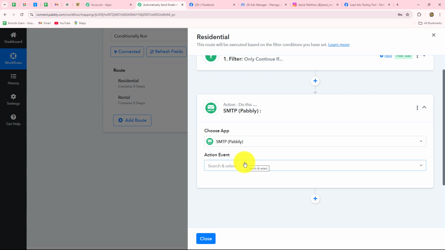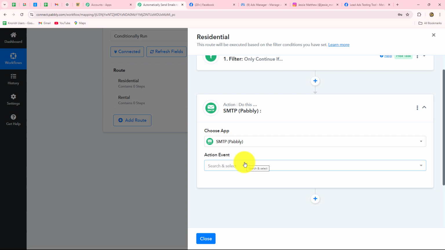Now, what is SMTP? SMTP is an amazing feature of Pabbly that is a service that allows you to send emails using simple mail transfer protocol. It acts as an email delivery platform that helps you to send emails reliably and efficiently from your applications or website to multiple people, to multiple clients. With Pabbly's SMTP service, you can set up automated email campaigns, send transactional emails, and ensure your messages reach the recipient's inboxes. And you do not have to do anything for that. It is just effortless. So we are going to use SMTP in order to send mails to all our leads